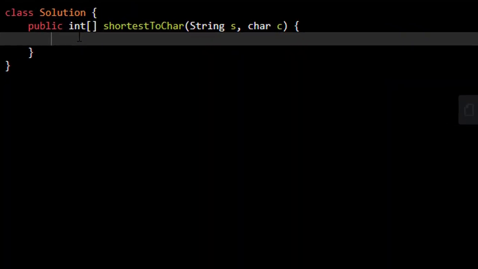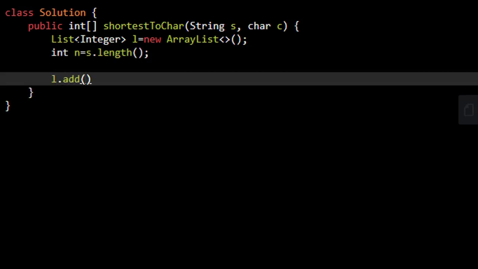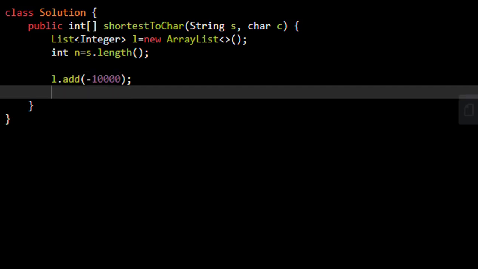So as discussed, we need to first know all the indexes of the character given to us that are present in the string. In order to hold all the indexes, we will be using a list. Now we'll add the most negative value into this list to get away with the problem that the character at the left is not present.